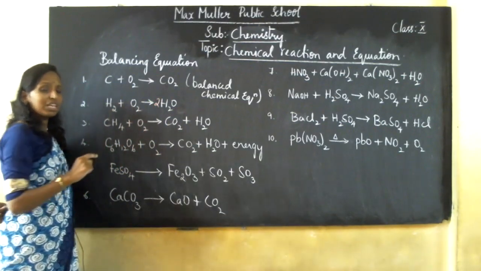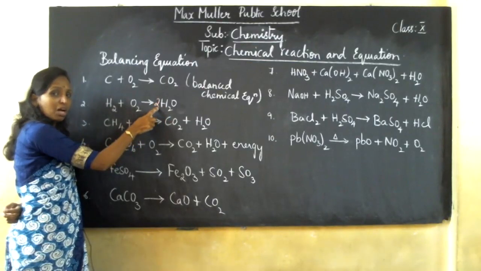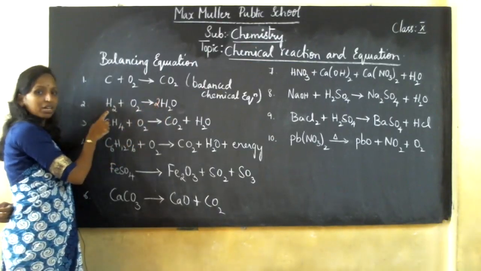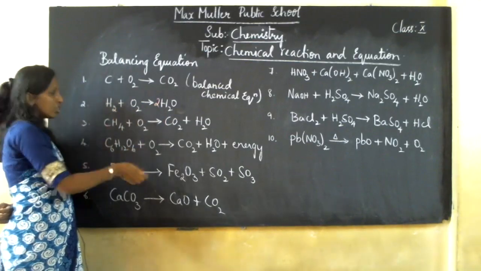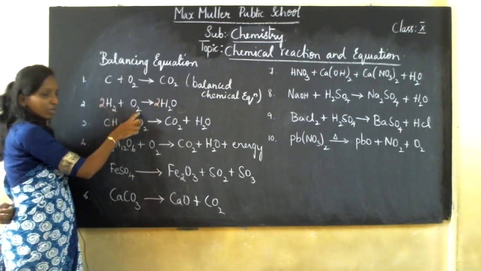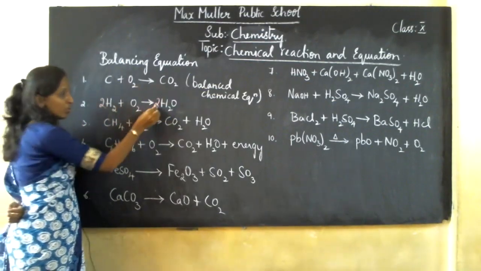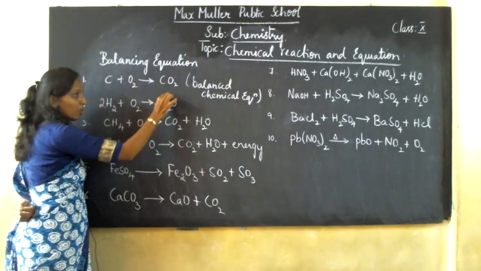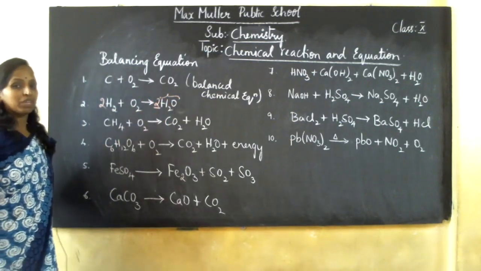Now hydrogen will increase, ma'am. Yes, hydrogen will become 2 2s are 4. Hydrogen has become 4. Now what about here? Hydrogen is 2. So what do you multiply 2 by to get 4? If you multiply by 2 here, hydrogen will become 4, oxygen will become 2. So hydrogen is 4, oxygen is 2. When you write this, it includes both the atoms present in a compound.